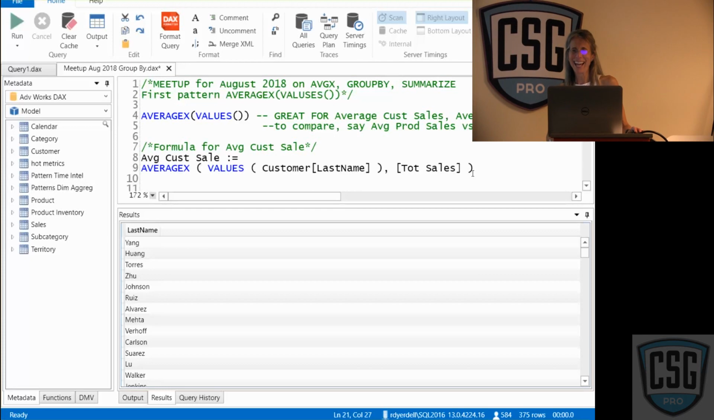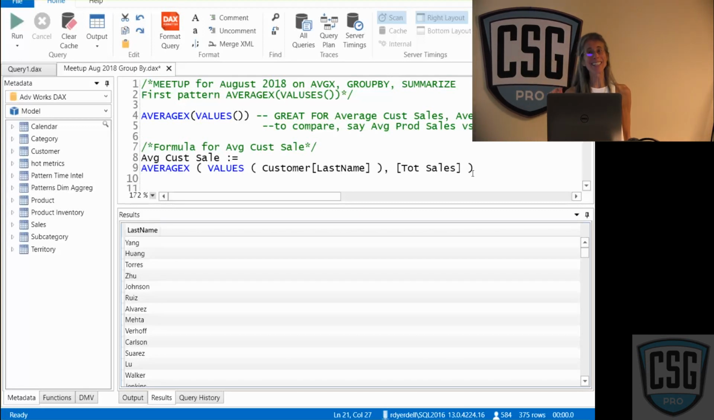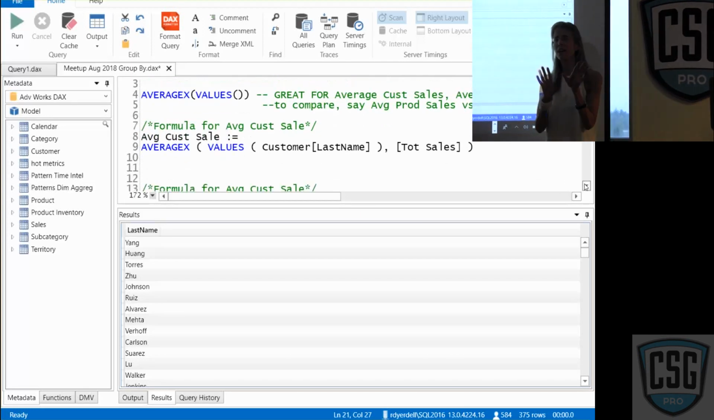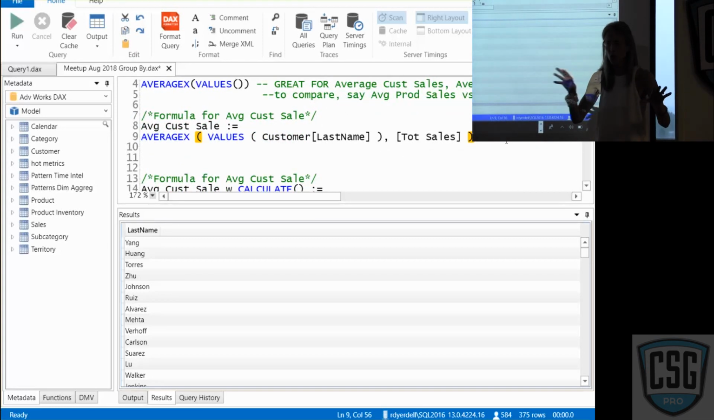I'm not totally sure. My guess is it has to be context transition. Yes, exactly. He's the guy that's corrected me a million times when I've forgotten context transition. So I know this is a little deep for those of you who are new, but basically, for those of you that are struggling with